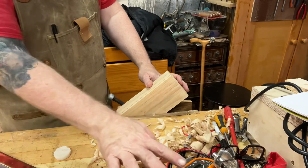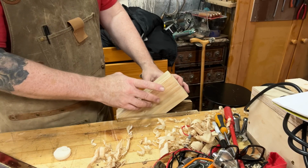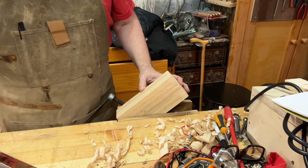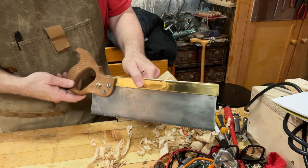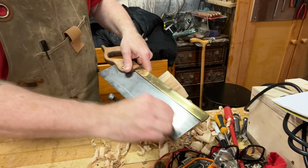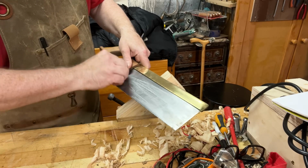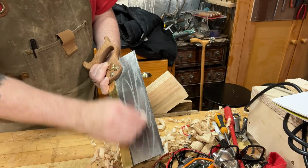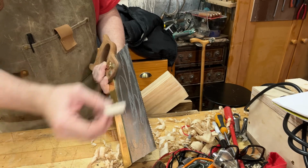Okay, so excuse the mess once again, but for this I would ordinarily use one of my Japanese pull saws, something like that. But again, keeping it cheap and cheerful. I've not even set the blade on this yet, but this is the one that I restored in a recent video. So we're going to try this. I'm not saying it's definitely going to work, because I haven't set the teeth or sharpened anything yet, but we'll give it a go. I'm just going to put some wax on the blade. Like that, just an old tea light candle,